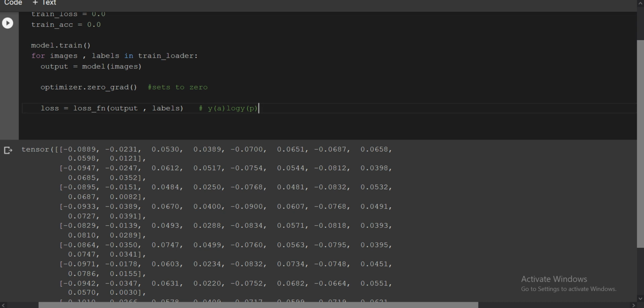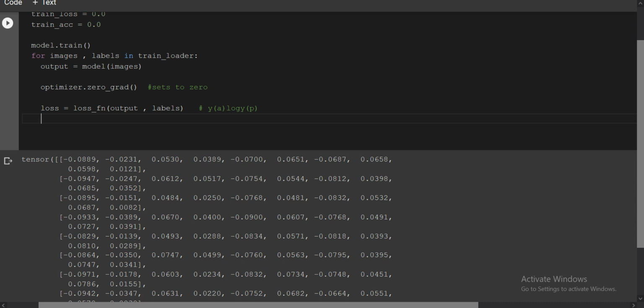It only deals with that particular number. The model has predicted, suppose, this as the highest value, 0.6 suppose, but actually it was this one. Then what it will write: y actual is already in one hot encoding form, so it will be 1 into log of minus 0.70. This is how the loss is calculated, and the rest will be 0, 0, 0.